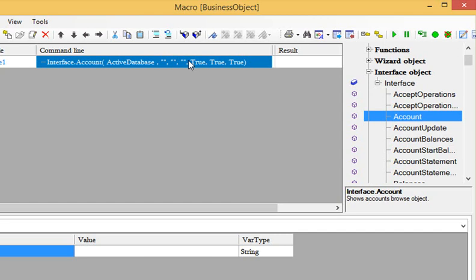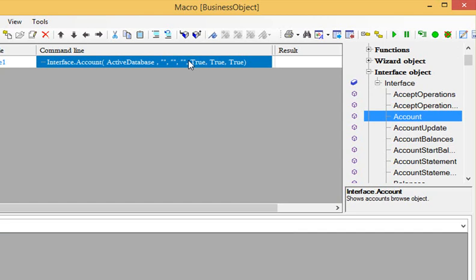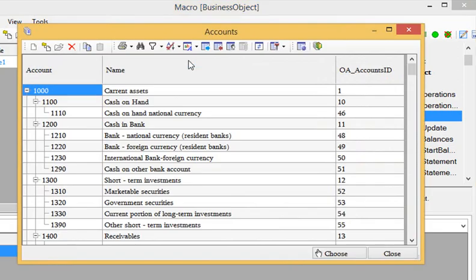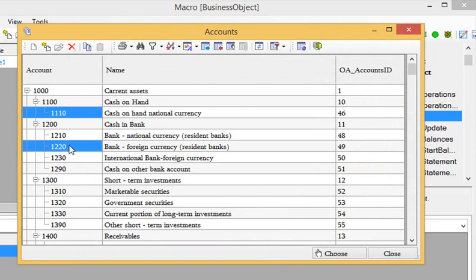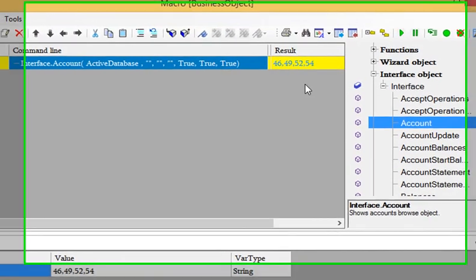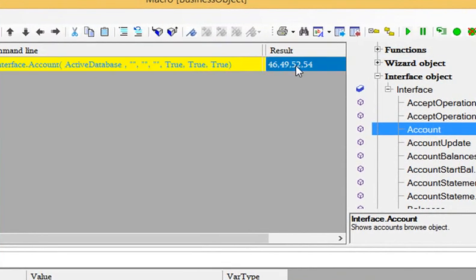And now if we run by using F8 key and choose multiple records in this data grid, like this, for example, we'll see here in the result field the ID numbers of the selected records separated by